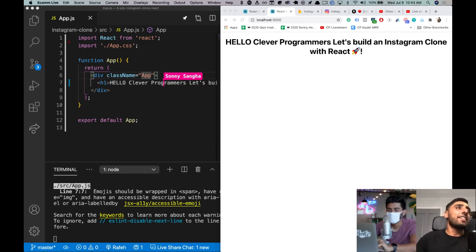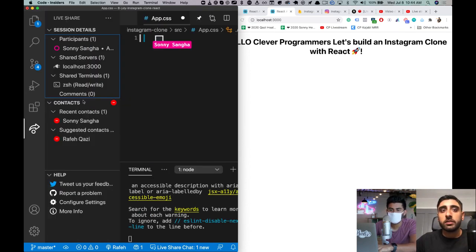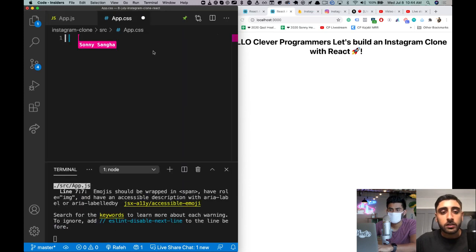So now we've got a nice starting point. What we want to do now is go to app.css. This is the final bit of cleanup that I like to do. We want to get rid of everything, and I like to add this one rule here, which basically says